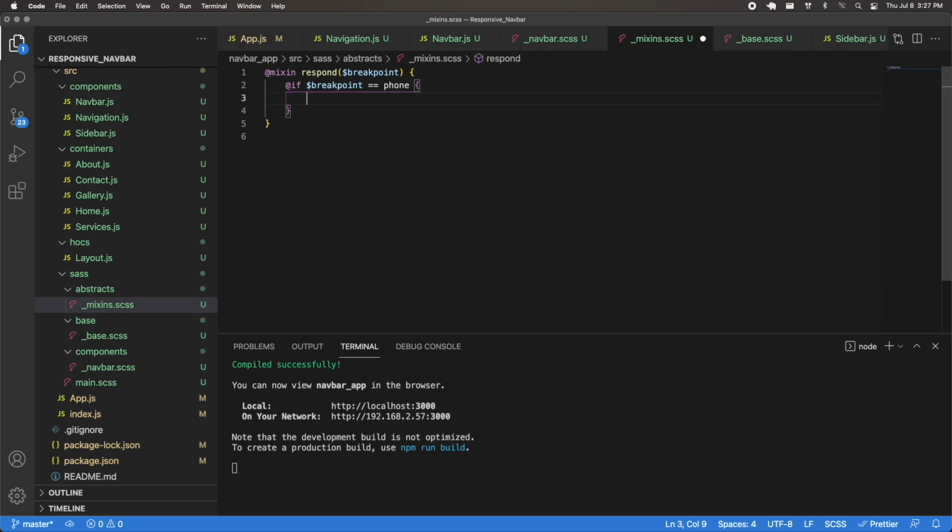So between here, I'm going to have a media query because that's how we do responsiveness. So I'm going to do @media only screen and (max-width: 37.5em). All right, so why 37.5 em? So 37.5 is going to be multiplied by the sizing of the parent element, which is going to be 16 pixels because